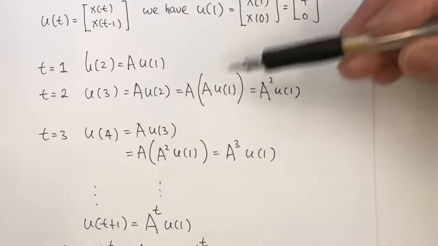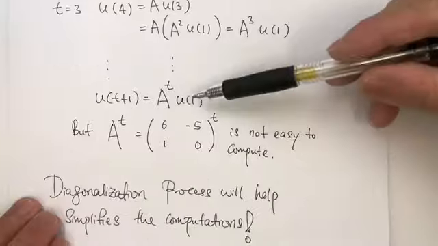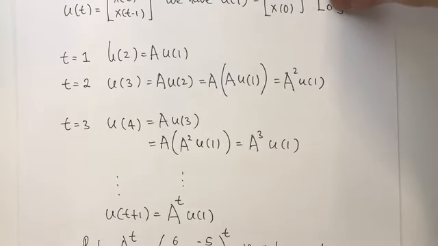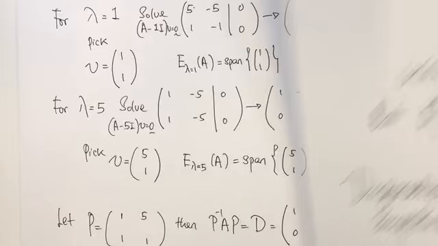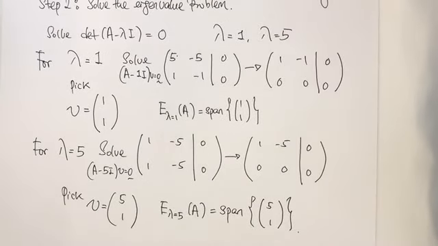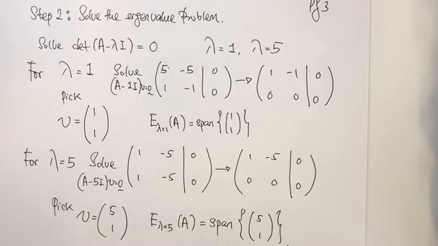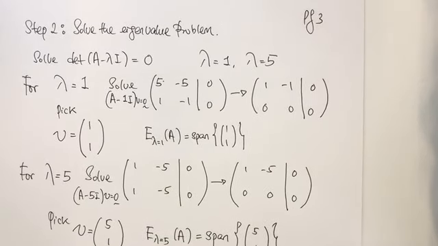So instead of doing it this way, we are going to rewrite our A as something else. We don't want to use A itself. We want to use something that is related to A, but that will help us in the computations. To do that, we will repeat the diagonalization process, and hopefully that will help. We don't know how it will help, but let's give it a shot and try to solve the eigenvalue problem and see whether or not we can diagonalize the matrix A. In order to diagonalize matrix A, we need to find the matrix P, which consists of the columns